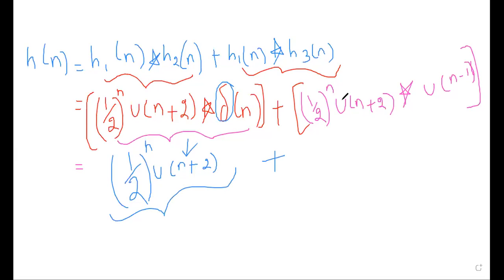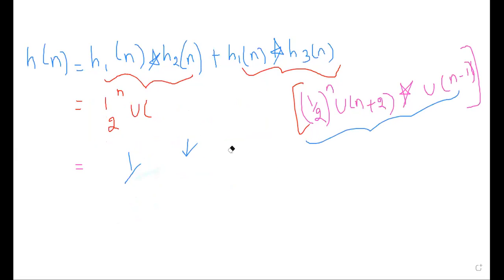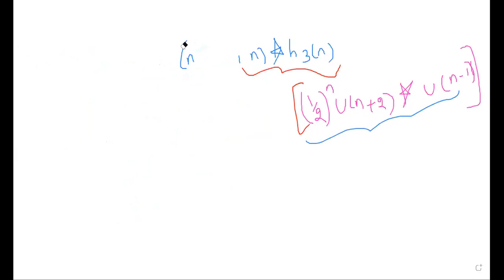So now the headache is this one only. This one I have to solve like how we solve the general convolution problems. So let me erase everything. I want only this second term to be solved. To solve the second term, I have to take the first term as x1 and the second term as x2.